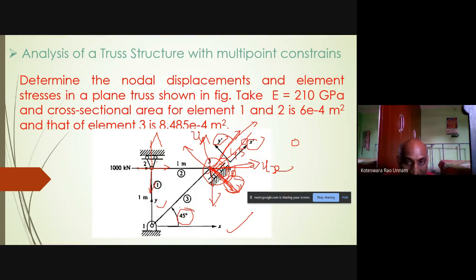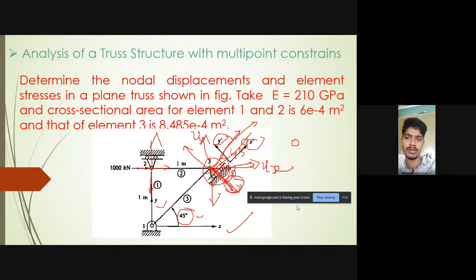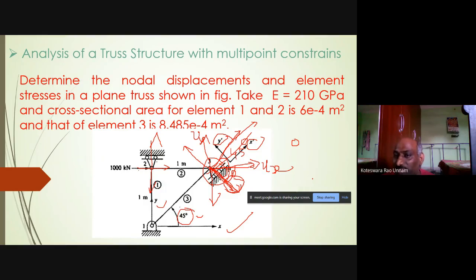This one is going to be r sin theta. So what is the value of theta? 45 degrees. So sin 45 equals cos 45, right? Yes, sir. Therefore this is equal to this, right? Yes, sir.